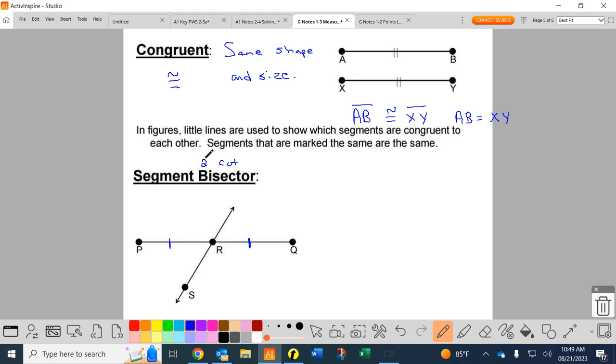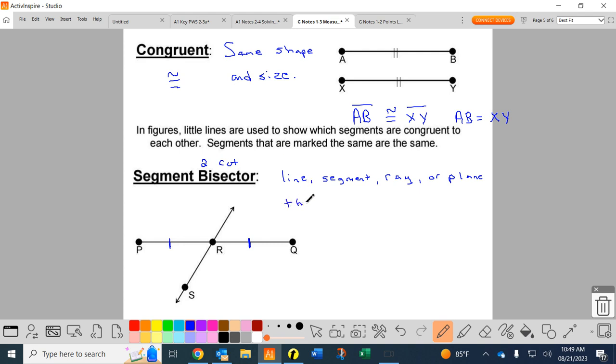That's what that means. So we have a formal definition. Yes, we'll have some formal definitions to get down because you're going to have to be able to use these. Let's go ahead and give you that first. It is going to be a line, segment, because anything can cut a segment in half, guys. Ray or plane. Those are objects. A line goes on forever. That's what we got here. SR is a line. It could be a segment. It could be a ray. It could be a plane